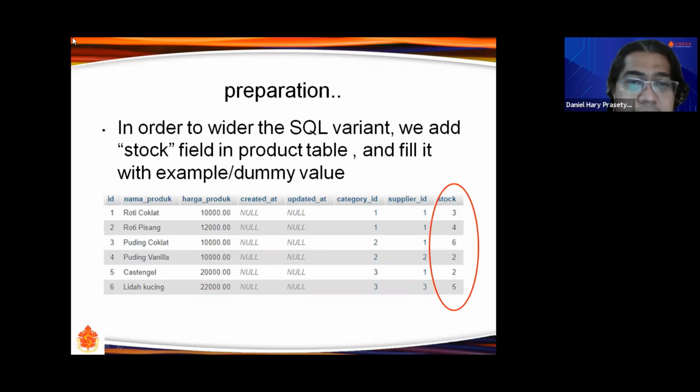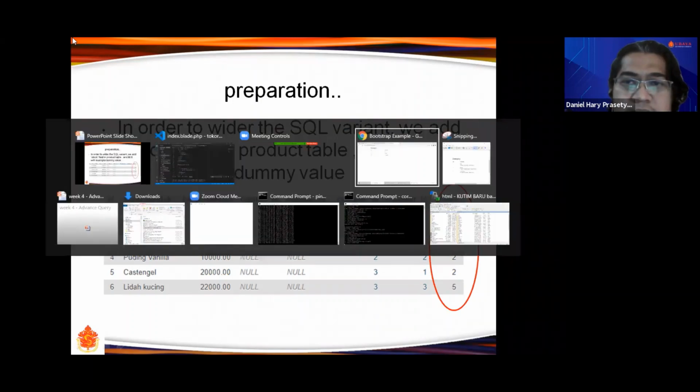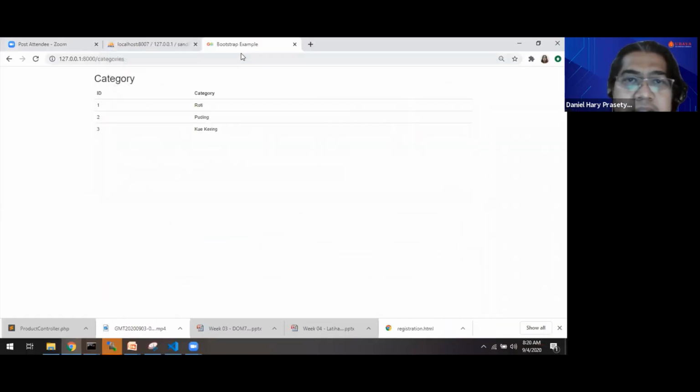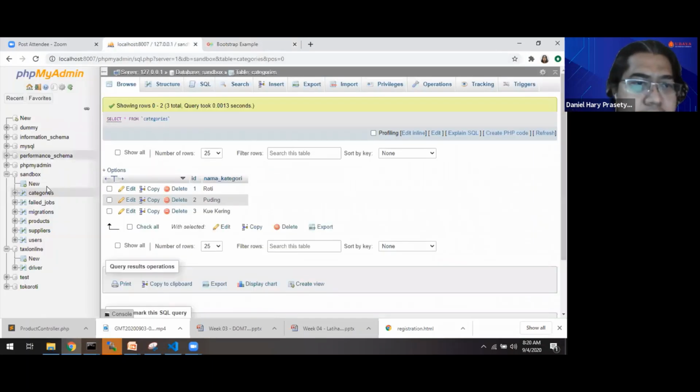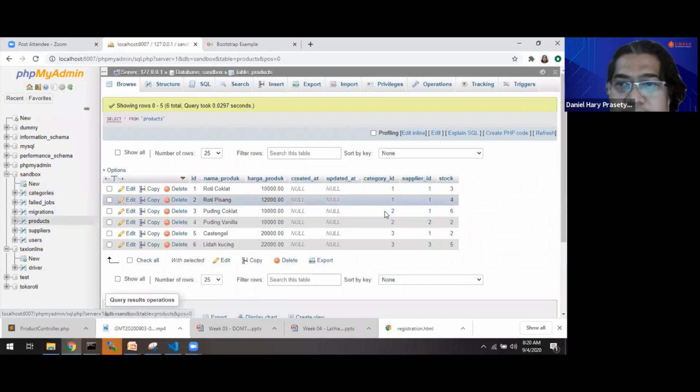Open MySQL and fill with dummy value like this one.